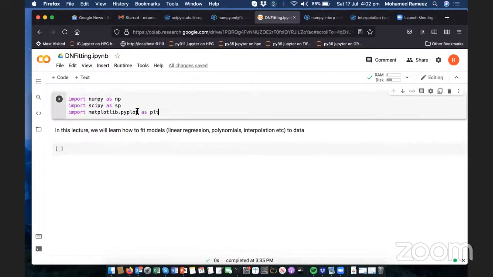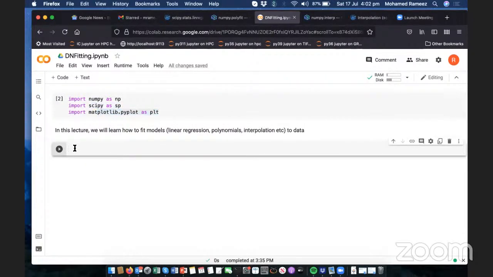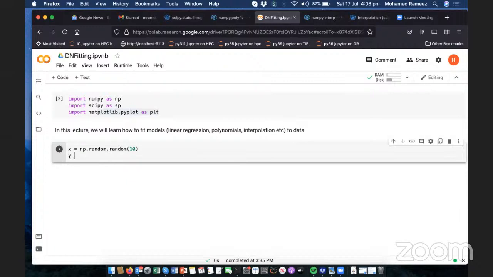And you'll notice that I have NumPy here to handle the arrays. I have SciPy here to actually do the regression, and then I have Matplotlib to allow me to visualize this. What I'm going to do is first generate some random numbers just to illustrate to you how these fits are done. So I'll say x equals np.random.random(10), and y is also